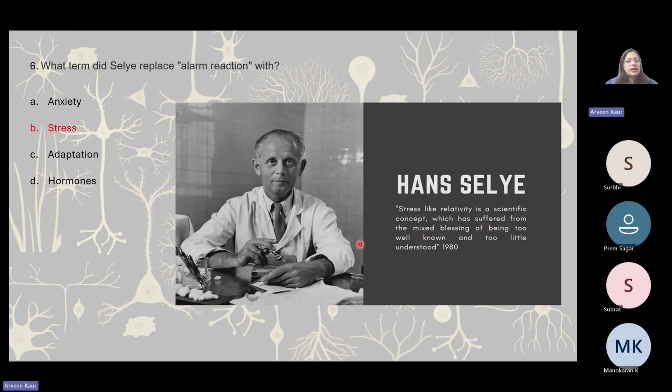too little understood, right? So every other person that you will meet would have encountered some kind of stress at this point, right? So kids aside, most of the adults would have encountered some kind of stress by now, right? So everybody knows that there is something known as stress. Everybody knows the feeling of what it is, but we don't really understand exactly what it is.